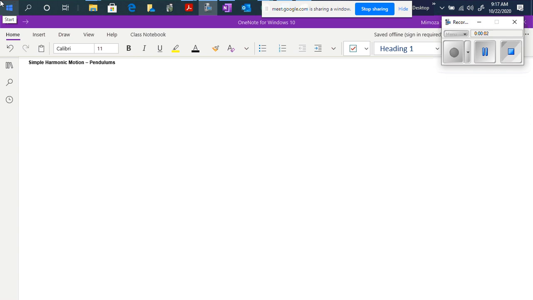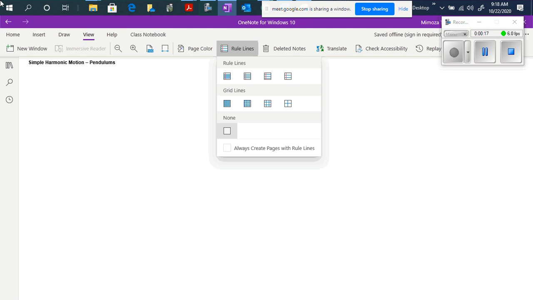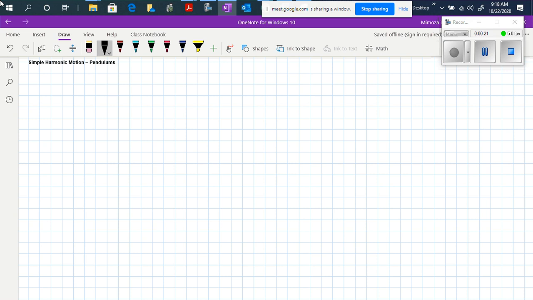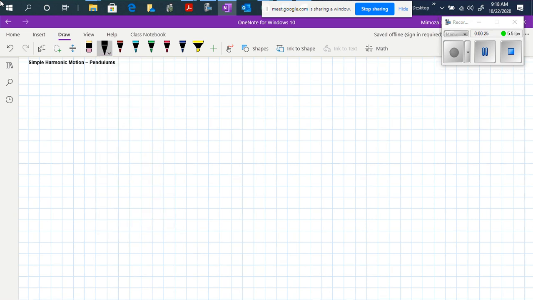We'll start with simple harmonic motion, and then we will see the pendulum first, and then we will move to the spring. But as a general statement for the simple harmonic motion, we can say that a simple harmonic motion exists or is in place when